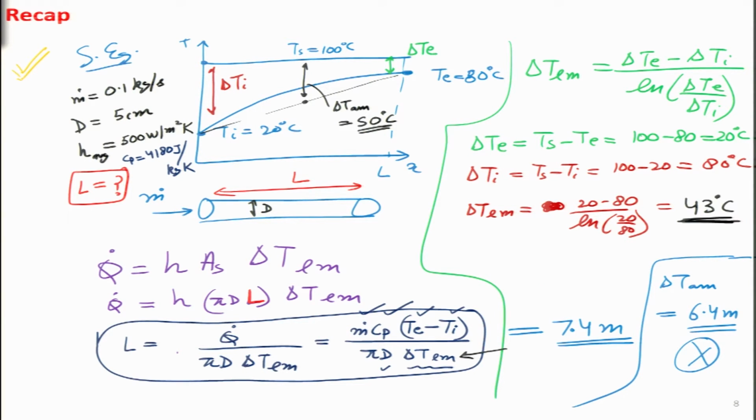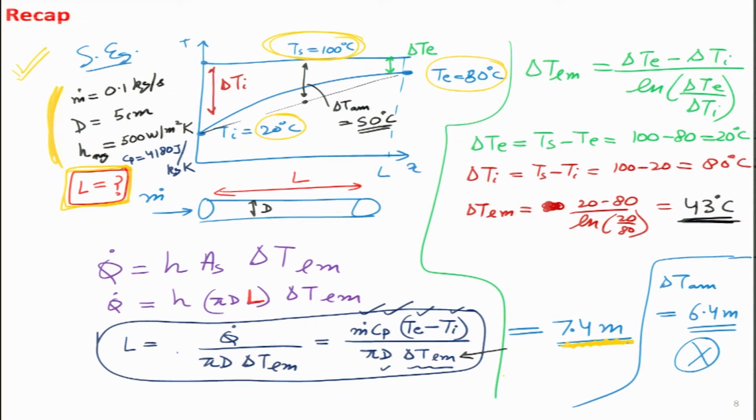And I think we have done one solved example based on that over here. In this particular example, we have taken the whole surface to be at a constant temperature of 100 degree, water enters at a low temperature, let us say 20 degree, and we want to heat it to 80 degrees. And the question was, what would be the ideal length in this particular case if the parameter values are known to us. So, this is essentially a very simple problem just to illustrate the procedure that we will be using, and we came up with some number over here after doing the calculation, around 7.5 meters.